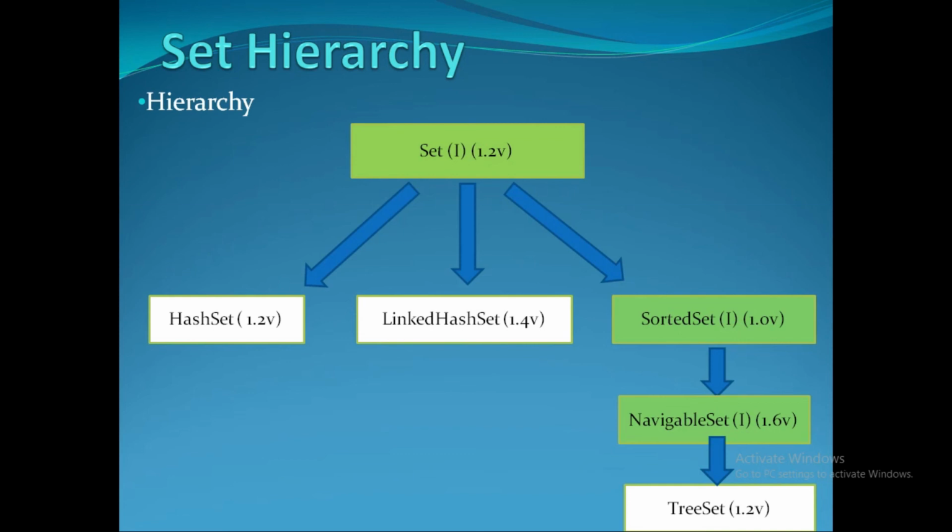Let me give some overview about SortedSet and NavigableSet. SortedSet has some methods which are used for sorting purposes, it gives some contract for sorting, that is it has methods called headSet, tailSet and so on. Then NavigableSet gives us the features to navigate in both directions, forward direction as well as backward direction. These are some of the features related to SortedSet and NavigableSet. We will cover one by one all these implemented classes and child interfaces with practical implementation.